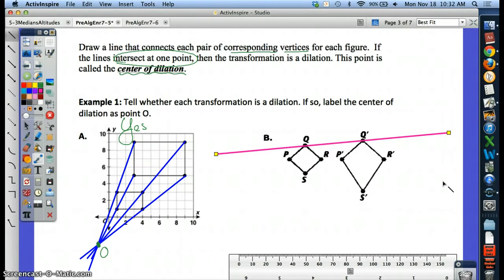Well, they're going to intersect on the side that's the smaller one, right? Because this line's going to tip up this way. If I extend it out over here, that's getting way too far, and we can even show that. But those aren't going to intersect over on the right. They're actually getting farther apart. So, okay, these two vertices are lined up, and then let's connect R prime to R. And when we do that, we actually already connected P prime to P. Those are corresponding vertices. So when we look at this,